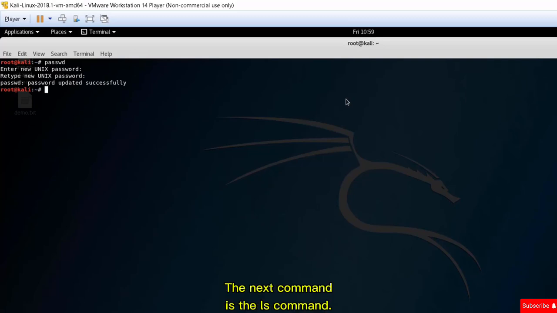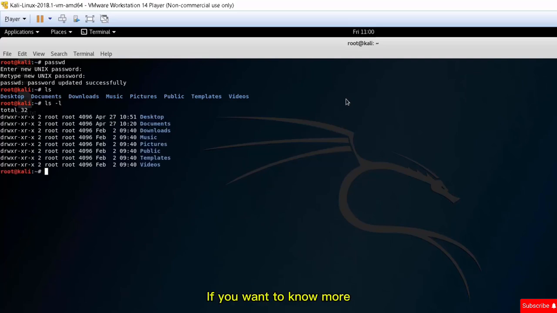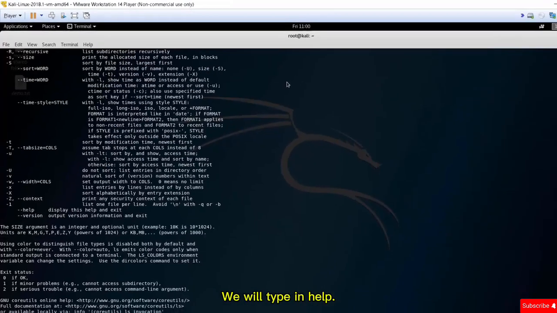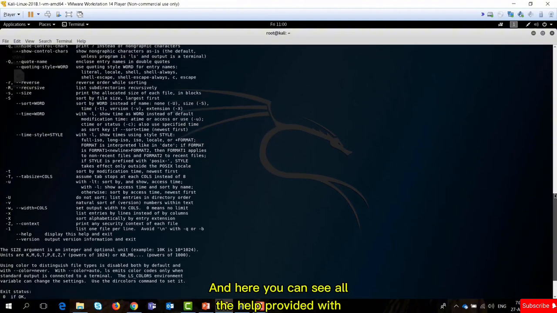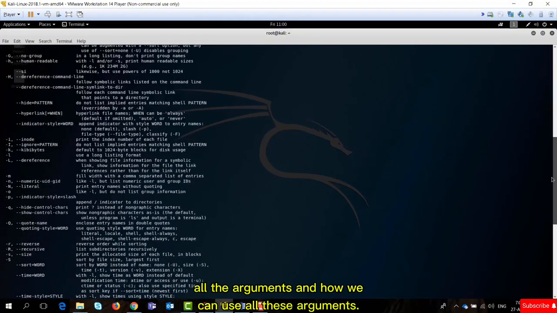The next command is the ls command. ls means list. So if I press enter, it will list all the directories and files in my current working directory. ls has some arguments that can help me explore more about the files I'm listing, for example, ls -l. If you want to know more about these arguments that you can pass, you can use help or manual. So for the ls program, we will type in --help, and here you can see all the help provided with the ls program and all the arguments